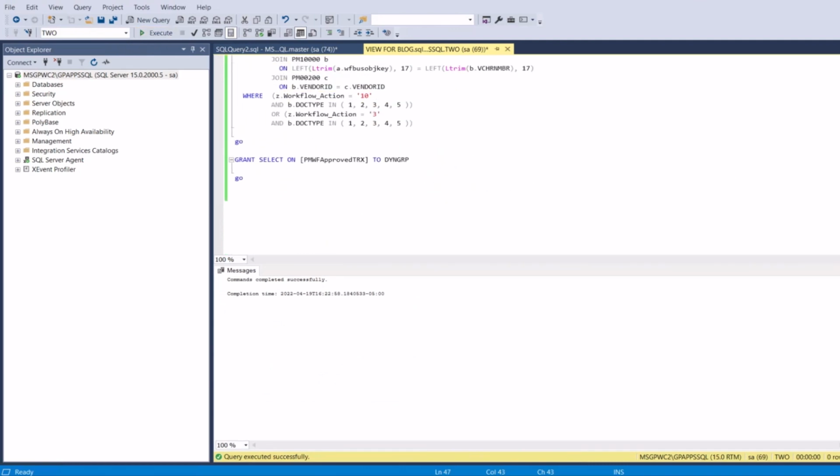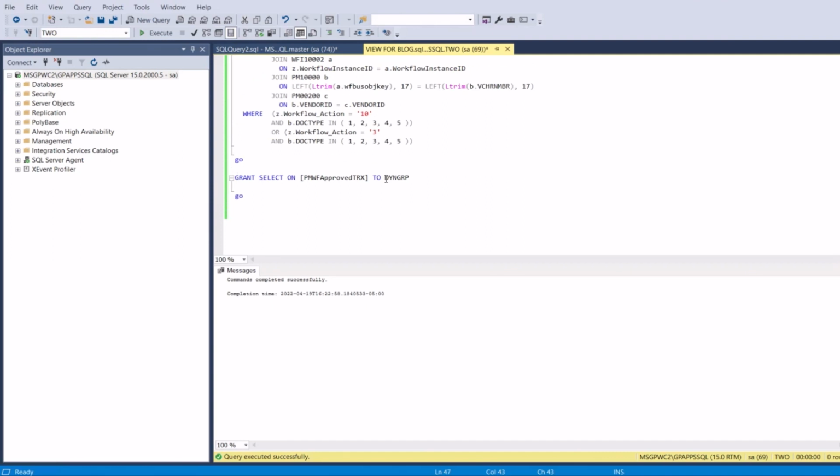Now if I go to the bottom, you can see I also executed, this was all part of the script, but I granted a select on my view to Dyn Group. This is again to avoid having to run grant SQL on the entire company database,